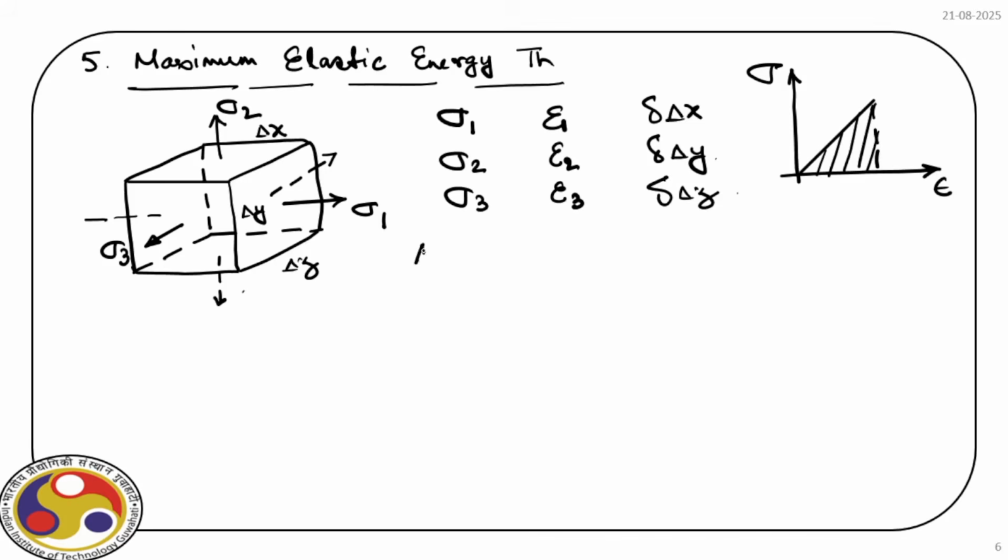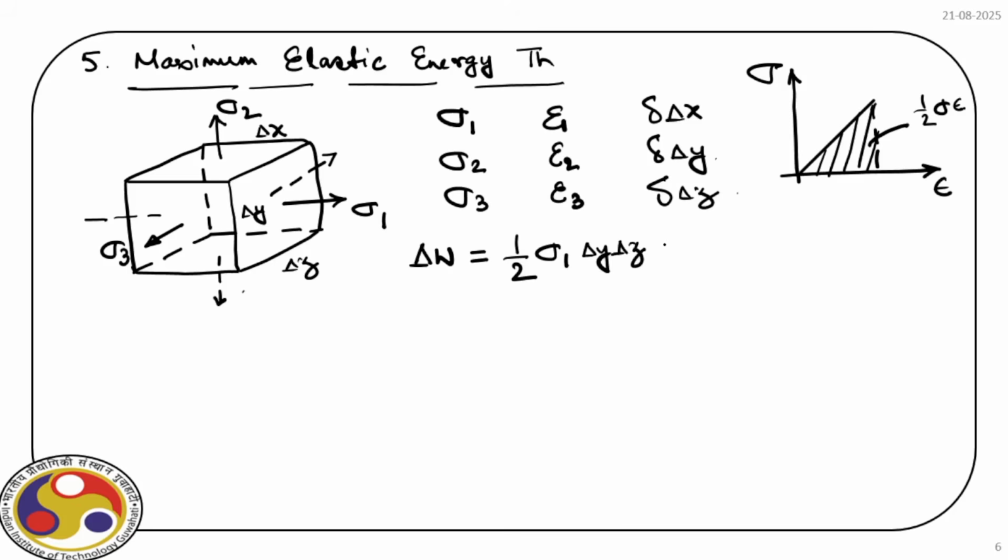So let us quantify the work done. In our case, we have half. So area under this curve is half times sigma epsilon. So let us consider, say, sigma 1, and it is acting over a face of delta y, delta z,